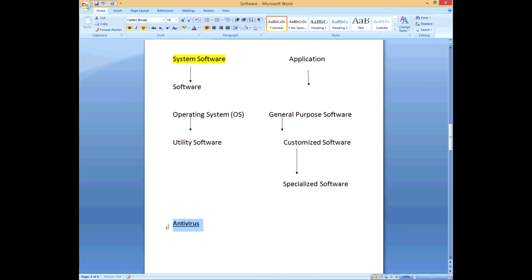So anti means against, right? And virus stands for vital information resources under siege. Wow. It's a big word. You feel like it will choke me. But anyway, antivirus just means against virus.